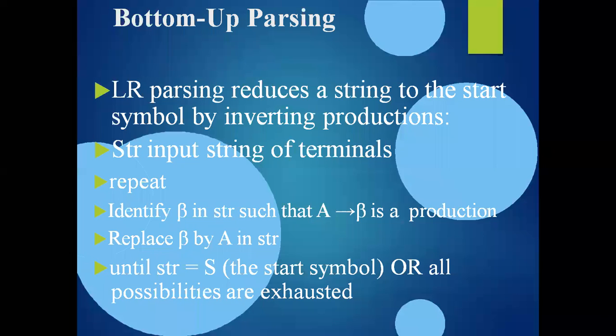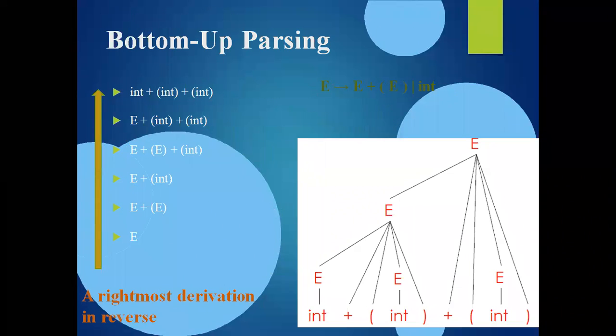Here, all of you see the example and make a note of it. In this process, basically the parser tries to identify the RHS of a production rule and replace it by its corresponding LHS. This activity is called a reduction.